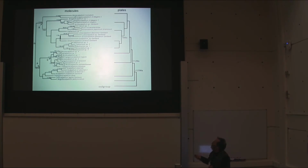This group does not fall into the two relatively well-defined groups defined by molecular basis. Rather, it forms a sort of ladder in which characters are added progressively crownward as you go through the group. The other nice thing is, because we're using plates, we can add fossils, so we can say that the origin of the group was greater than 125 million years ago, and penultimately, the derived clade within the crown group here developed by 78 million years ago,